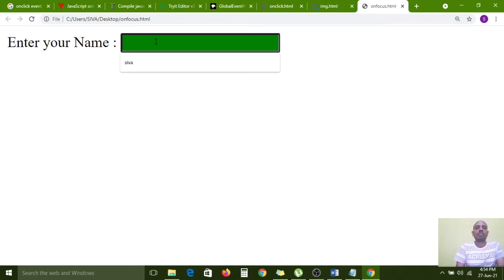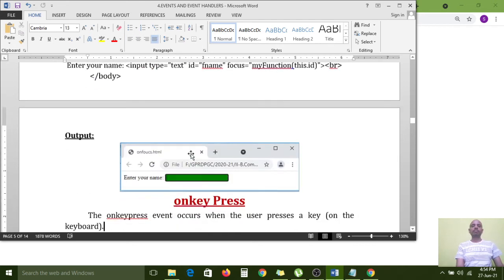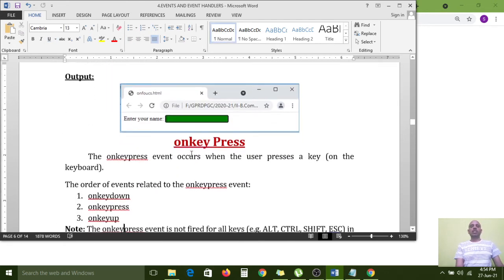So here the onfocus event triggered with that style. So that is the meaning of this one. Here green color is applied. Before, we had white color. Now green color. When you click on it, the mouse pointer clicks on it, the onfocus event focuses the input. So that means you can identify it is focusing by the applied color, right? So the onfocus event is also completed right now. So now onkeypress.